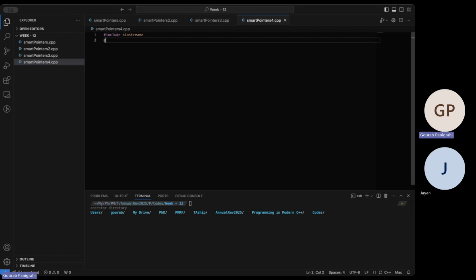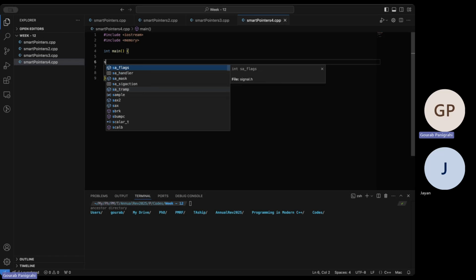The memory header. So let's see, integer main, return 0. Now here I'll make a standard